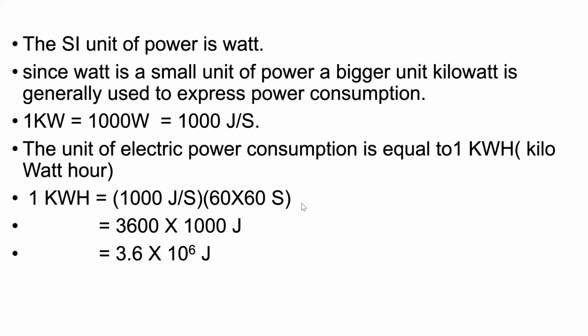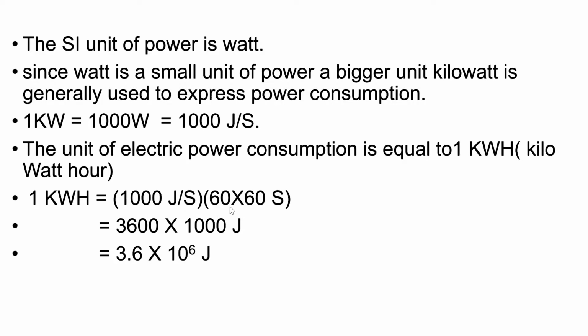So if we are going to express 1 kilowatt hour in joules, how much are we going to get? We'll check how that is possible. So 1 kilowatt is nothing but 1000 joule per second. And we are going to convert the hour into seconds so that we can multiply these two. Whenever we are doing such things, all should be in the same system. This is in seconds, whereas hour we can't multiply. So even the hour has to be converted into seconds.